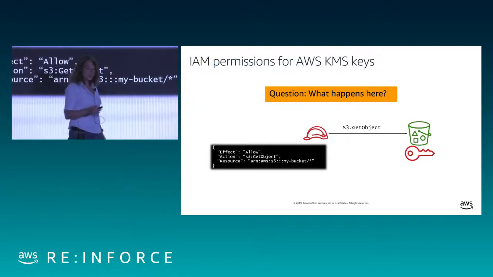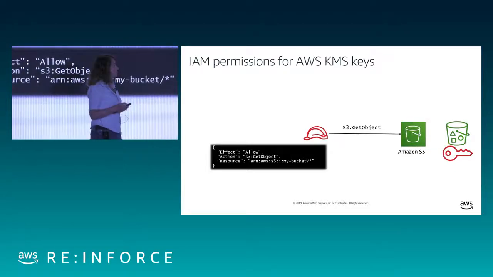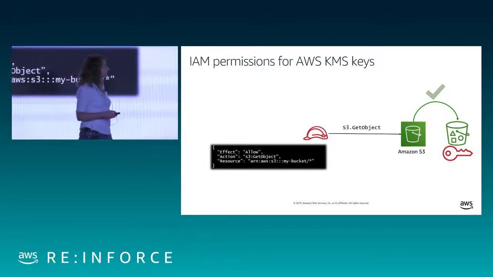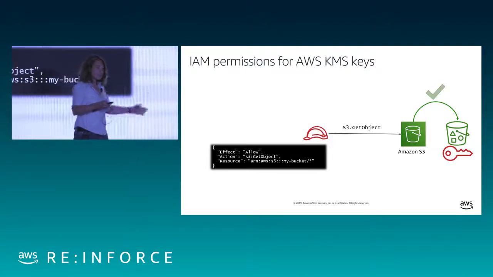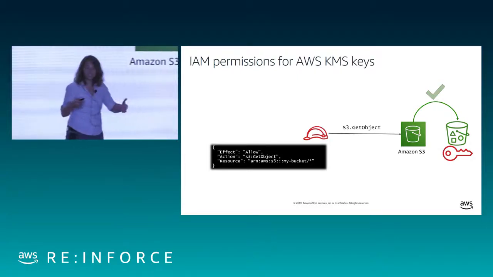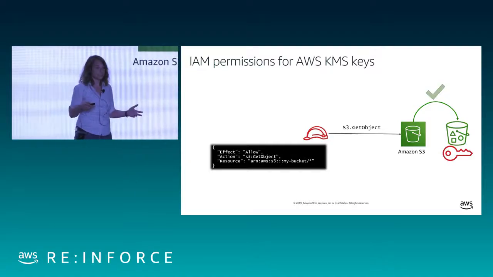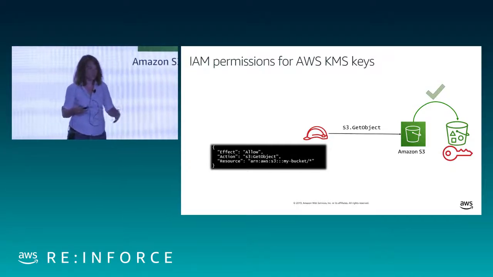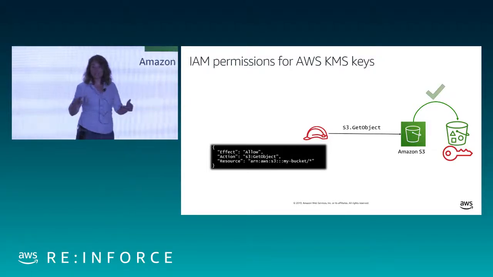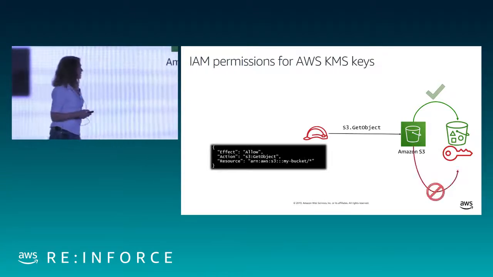Why won't it work? Well, when I make this API call to S3 to get object, S3's first job is to authenticate the request. Good, it's me calling. It looks up my policies. The actual get of the raw encrypted bits from S3, I have permission to do that. Good. Now, S3 is also going to try to do a decrypt operation under my identity. In fact, if you look at your CloudTrail, your audit log of calls, you'll see that that call was actually made by you, even though you never directly initiated it. We're going to try to make that call against KMS.